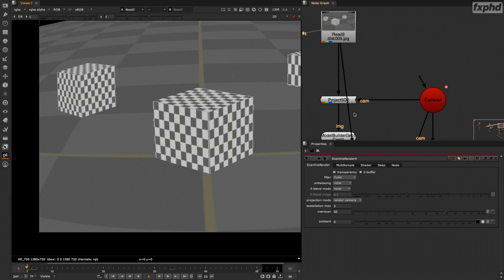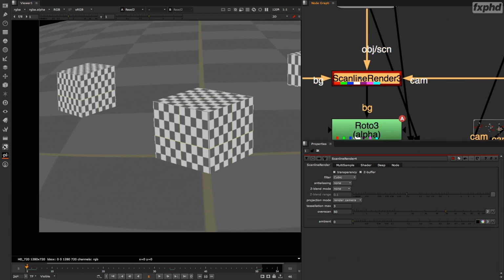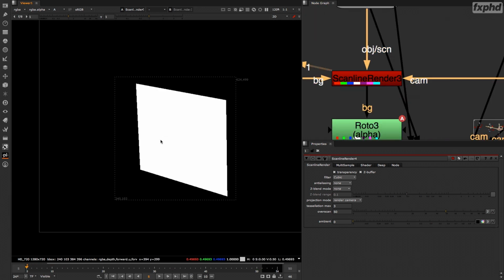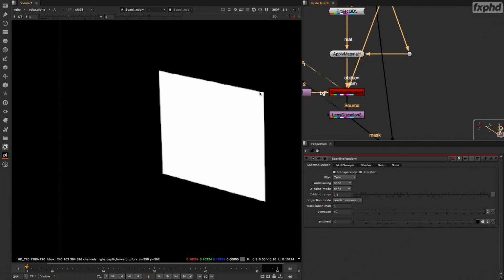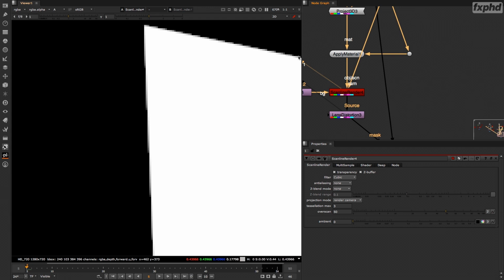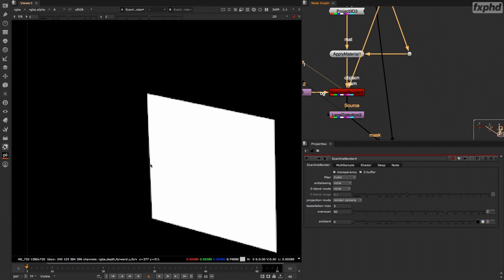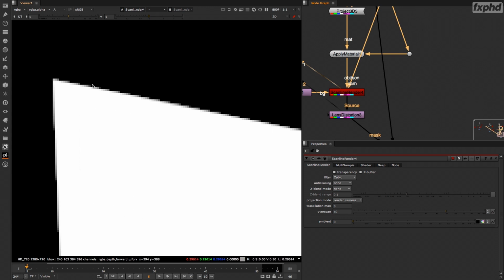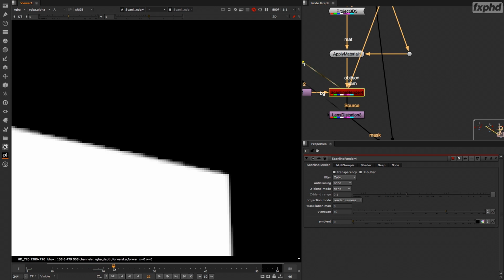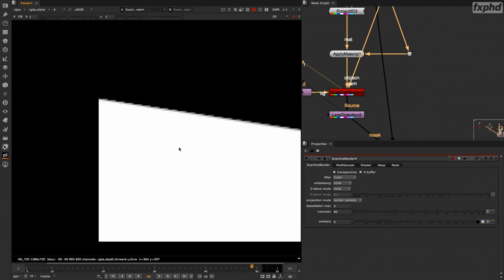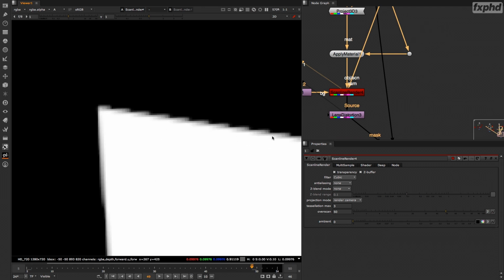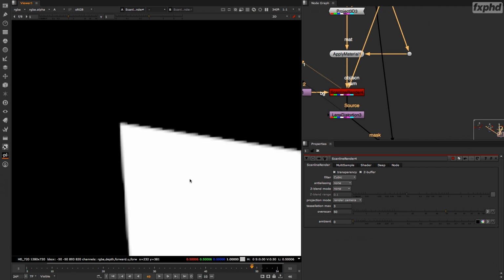So let's go back at frame 5 and take a look at this scanline render and take a look at the quality of the shape. So at frame 5 we have a pretty good quality, but let's take a look at what happened at the end of the clip. We see that we have lost quite a few details in our roto,